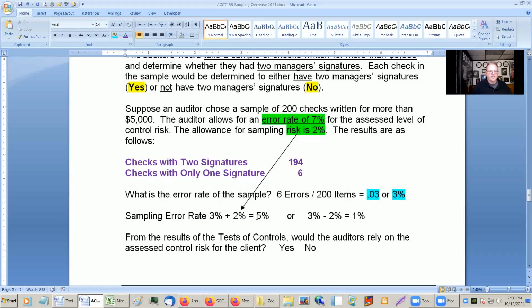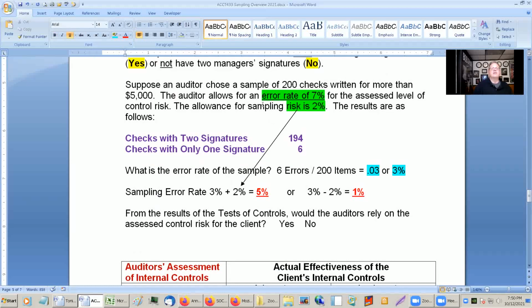So this is our range here. And we will allow for 7%. So would we accept this as being able to rely on the internal controls? Relying for an error rate of